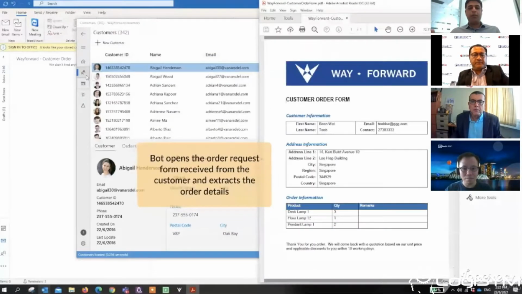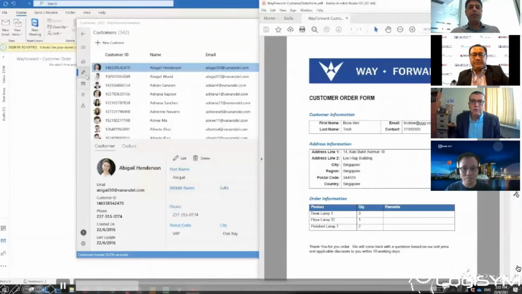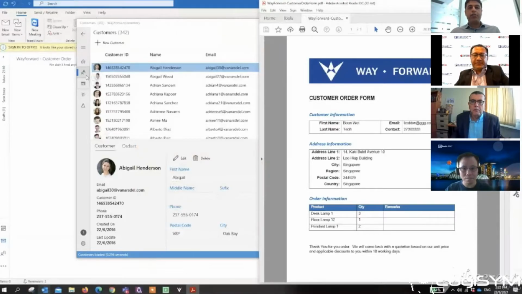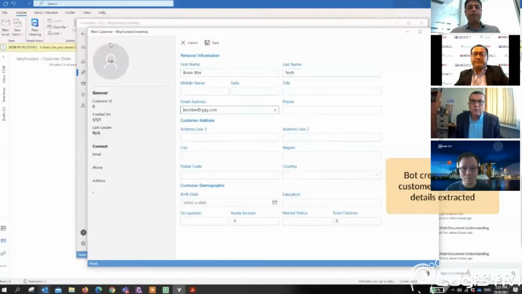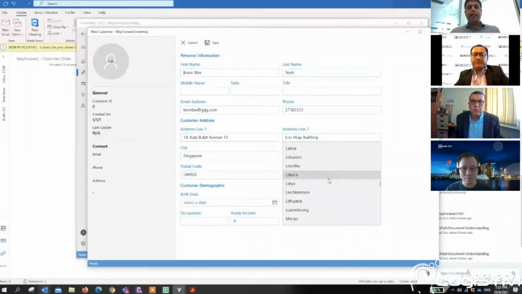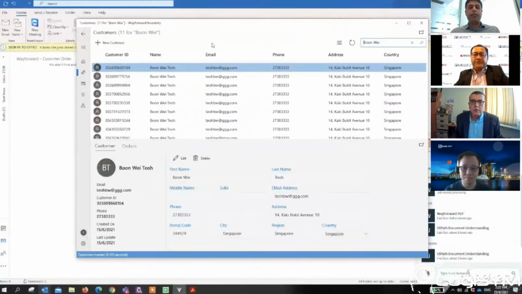And as you can see, the bot is seamlessly moving across various applications. It could be your ERP, it could be your email, it's a PDF. The interesting part is that the PDF could be in any format. So again, the intelligence part is to make sure that the bot is not stuck with a predefined template. It can have enough understanding to see how the data could be sieved through and entered into the system seamlessly, without any interruptions or hiccups.